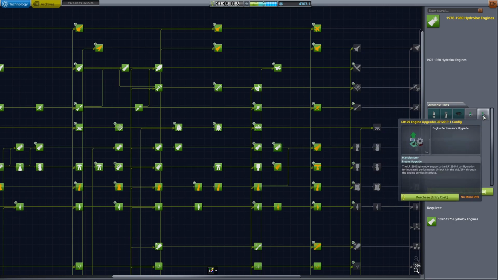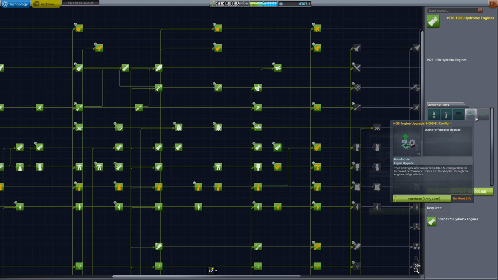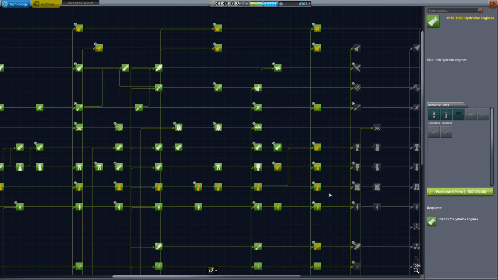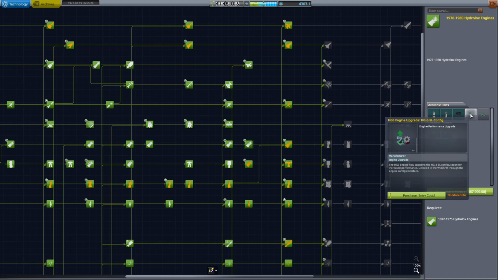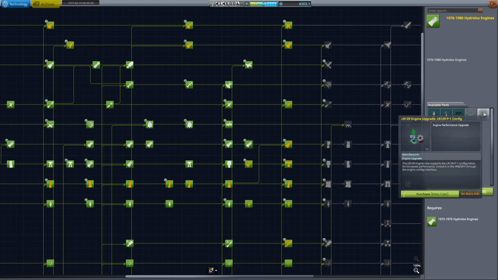So we have a couple HG3 configs here, and a couple more M1 configs, and LR129, which I don't actually know what that one is. So anyways, that is 1976-1980 Hydrolox engines, which we have now unlocked. So not sure how much exciting...